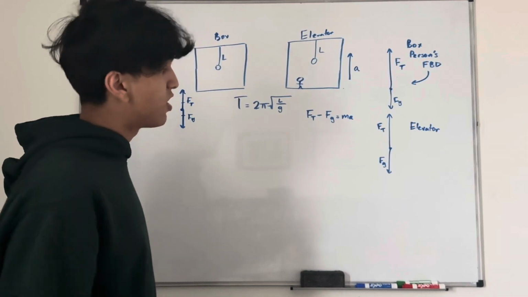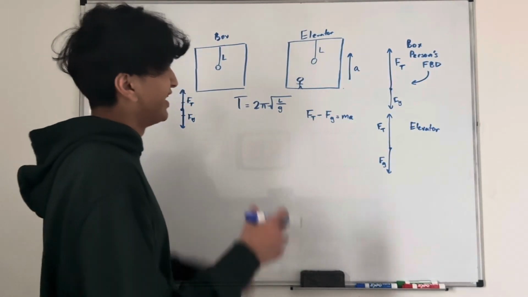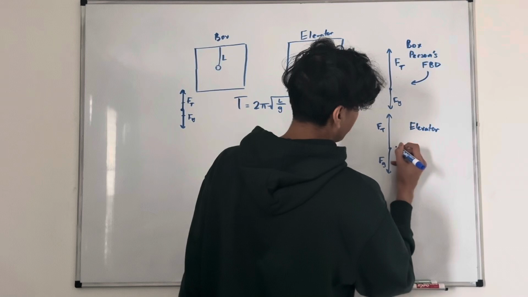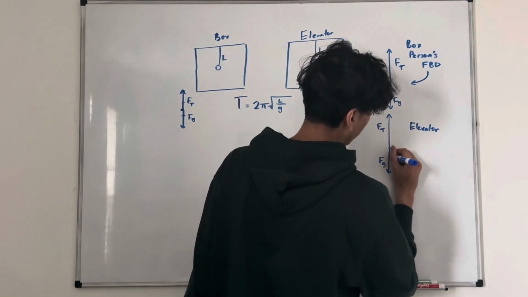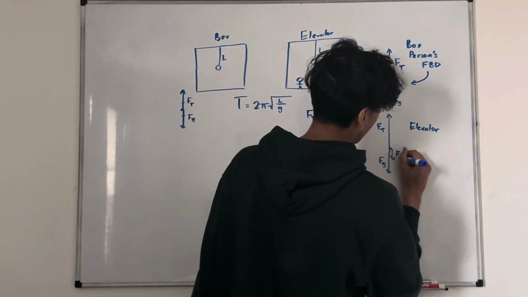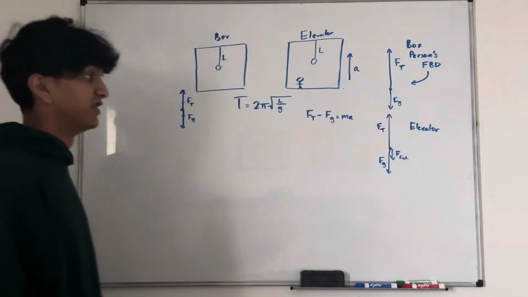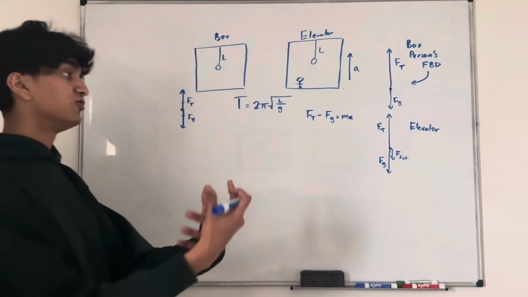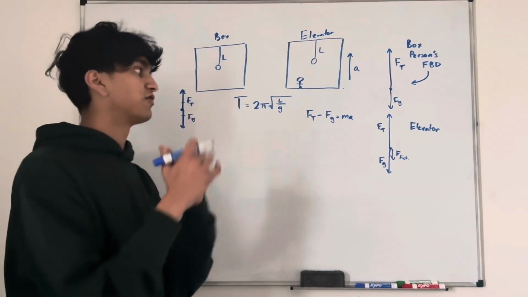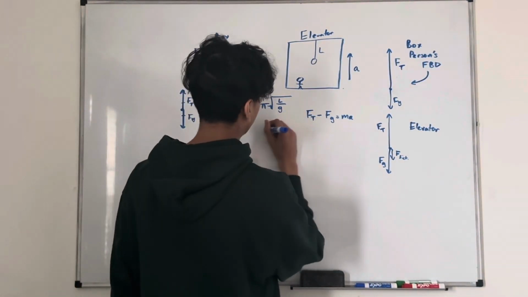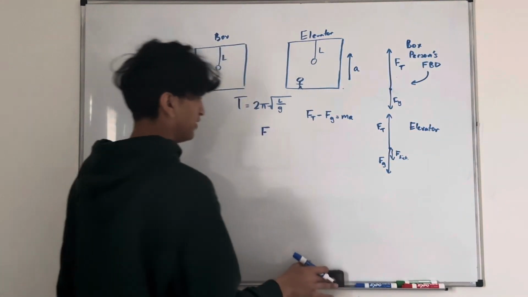What's going on is that in this non-inertial frame of reference, there's really a fictitious force. There is some fictitious force present that allows Newton's second law to hold in that non-inertial frame of reference. And so if I were to do Ft, we'll say this is the